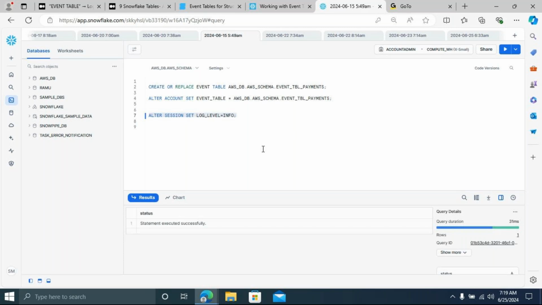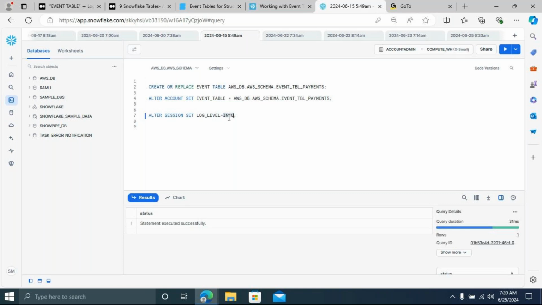Guys, just go and look into the log level frameworks, then only you know about the log levels. Without knowing log levels, you are working in the ETL field. What is info, what is fatal, what is error, you have to know all these things. If you take info, you should know which log levels will be covered. If you take all, or trace, which levels will be covered, everything you should know. Without knowing log levels, don't sit in the ETL classes. Now I'm going to set info. It will capture the info as well as the error. These are the log levels that will be captured.